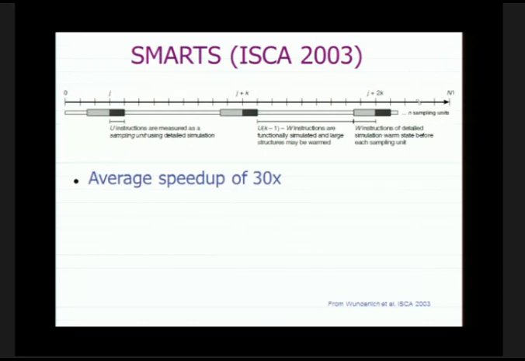Again, each of you has a target. If you're working in computer architecture and you have a target of graduating in 5 years, and you know that you have to do 5,000 experiments, this gives you some hope. Well, maybe not, but